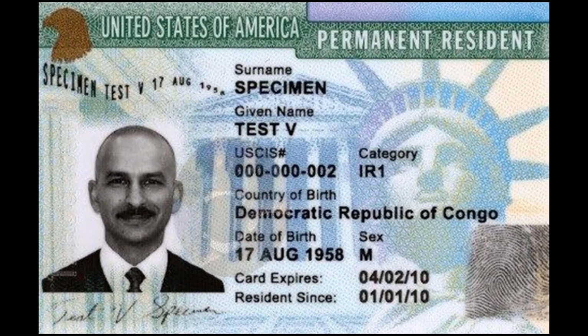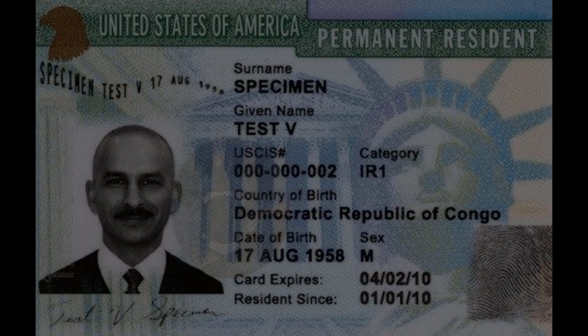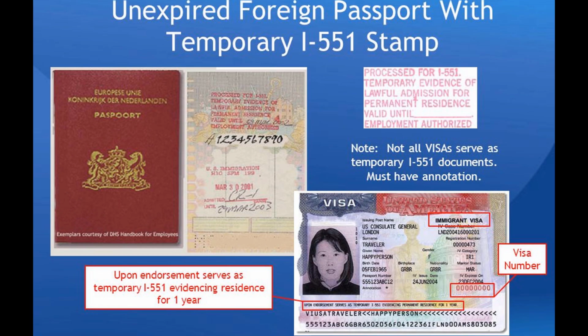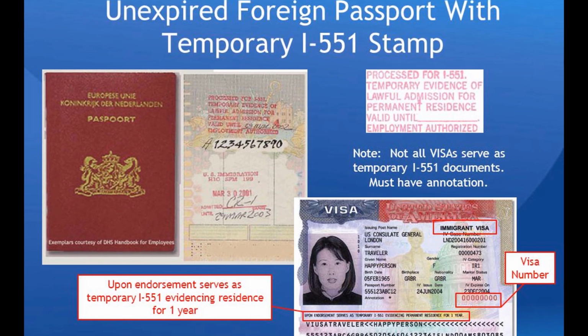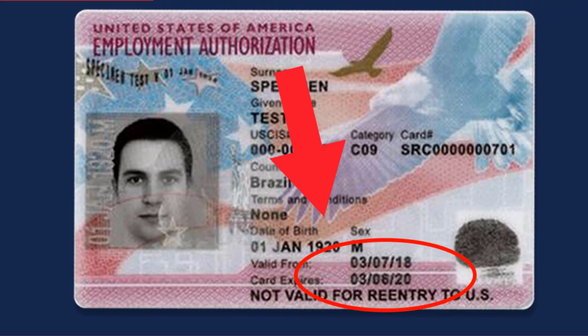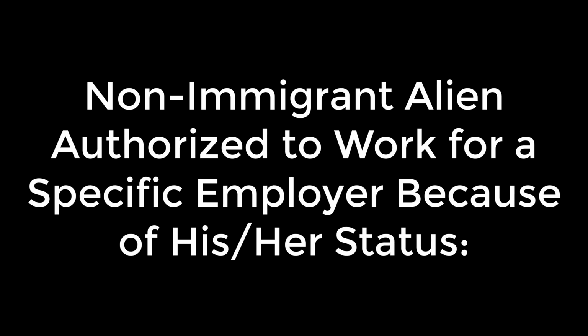Permanent resident card or alien registration receipt card, Form I-551. Foreign passport that contains a temporary I-551 stamp or temporary I-551 printed notation on a machine-readable immigration visa. Employment authorization document that contains a photograph, Form I-766. For a non-immigrant alien authorized to work for a specific employer because of his or her status, A, foreign